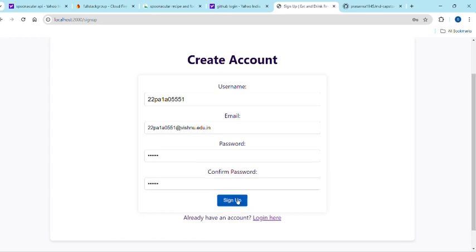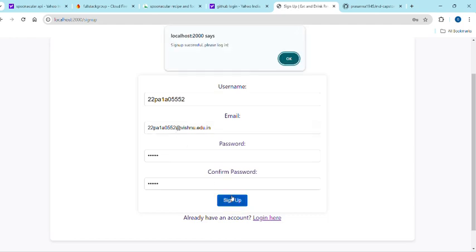After signing up, it displays that the user already exists. So I can give another random number and random mail. It says that our sign up is successful, then it asks us to log in.